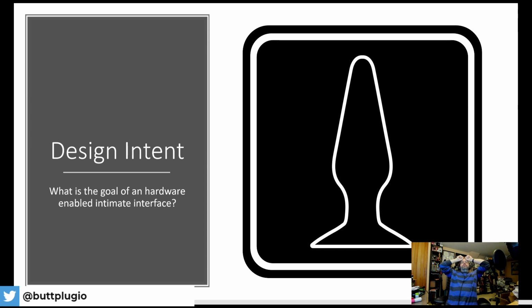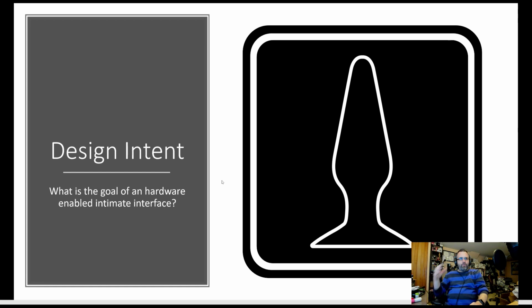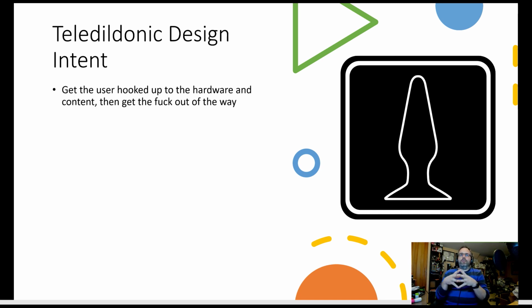So, design intent. Now that we've really kind of broken down this horrible picture of what it's like to have sex through a teledildonic interface, we can start talking about, once again, the system as a whole and how we design into this. So what is the goal of a hardware-enabled intimate interface? When we talk about teledildonic design intent, what we want to do is, with our software,